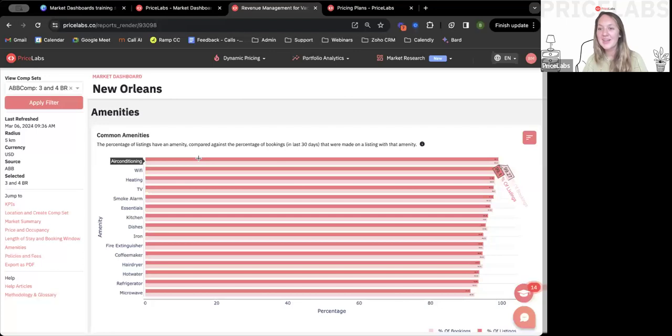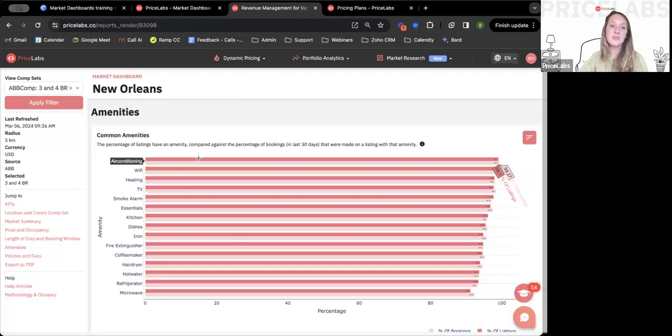Looks like about 99.1% of listings have air conditioning mentioned as an amenity on Airbnb. 99.27% of bookings that have come in the past 30 days are for listings with that amenity. So if you have a listing in New Orleans, definitely make sure that you are checking that air conditioning box